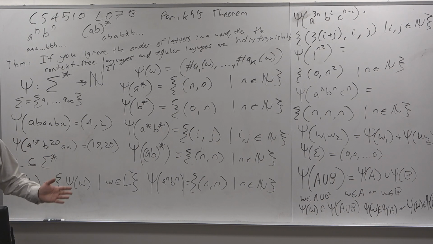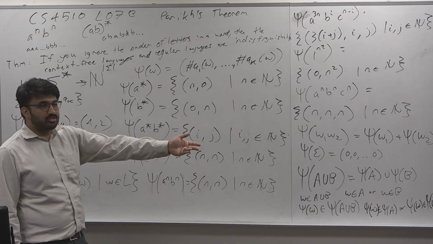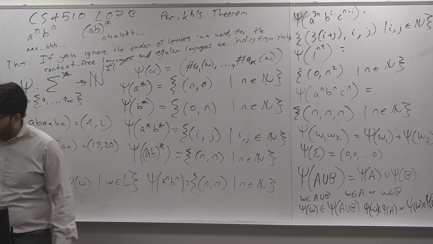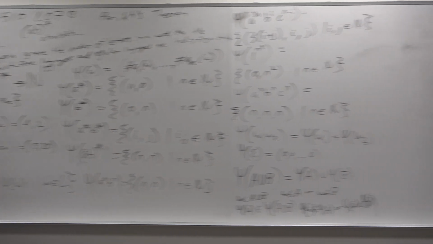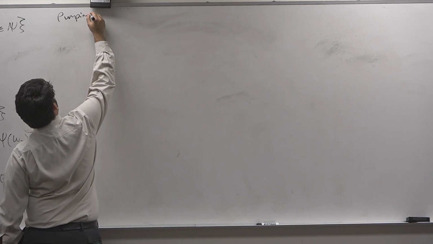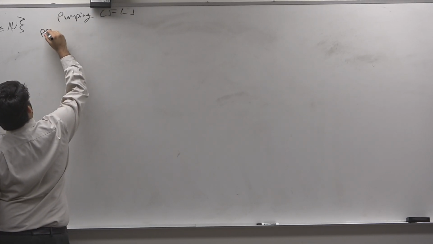Okay, so now we want to prove, basically, that for every context-free language, there is some regular language such that the frequency is the same. That's basically what we want to prove. But we need two little lemmas to go there, right? The first thing we need is a generalized pumping lemma, right? Recall our normal pumping lemma for CFLs. It follows from the pigeonhole principle, which is that if